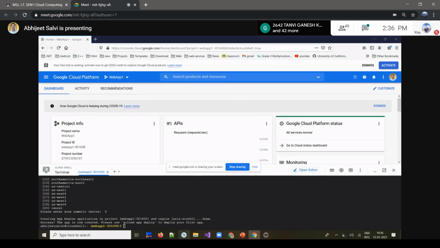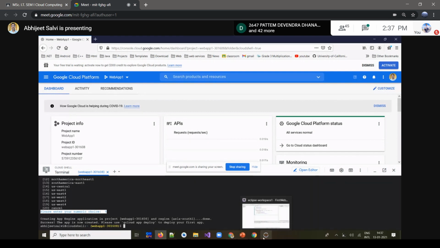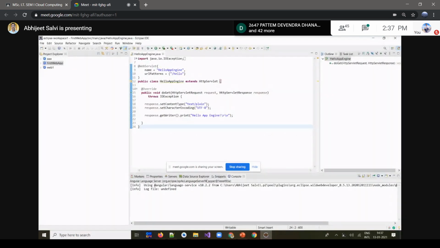Now we'll deploy our application in that workplace by following steps. Here we created the space. Now we'd like to host or deploy it, so we'll go back to our application.